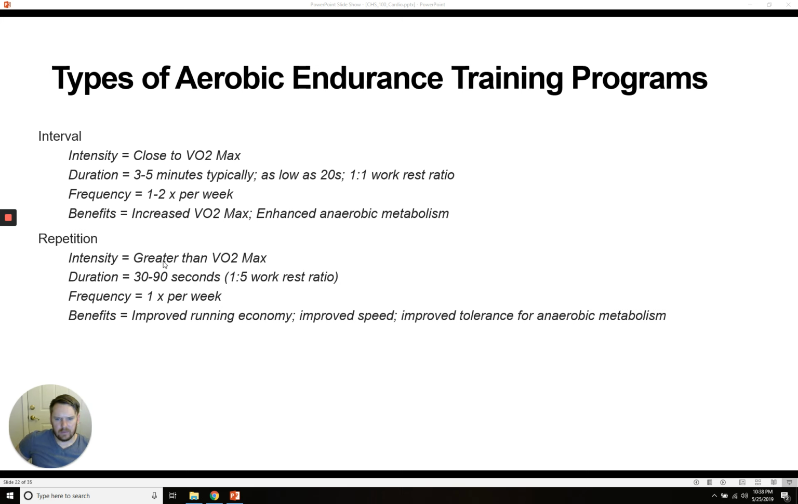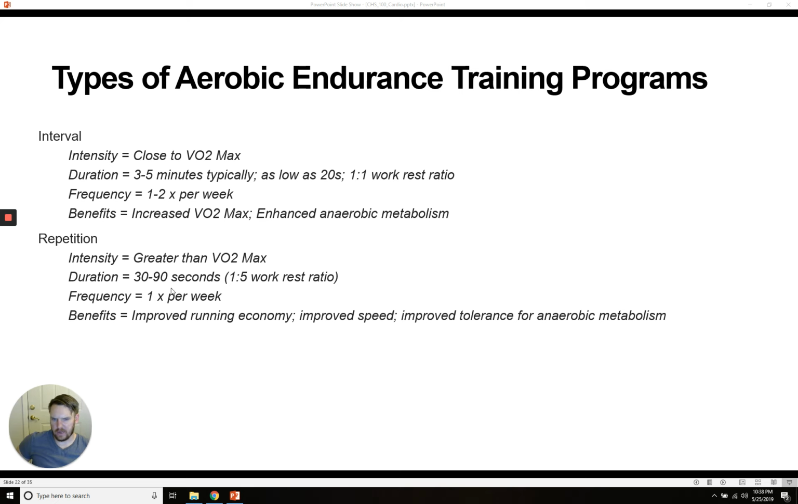And then lastly, we have repetition training. Repetition training occurs at greater than VO2 max. So this is an ultra high intensity, usually 30 to 90 seconds with a 1 to 5 work rest ratio, meaning that you go all out for